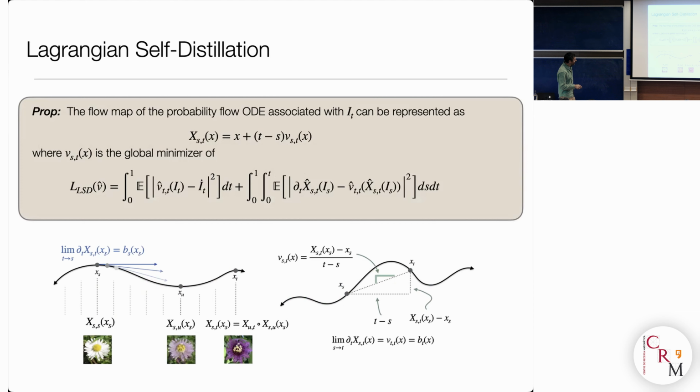So there is a little picture that explains a little bit what this is doing here, but let me glance over it, it's not very important. The important point is simply that instead of having to learn the velocity field, you can learn the map, and then you can do generation in one step.